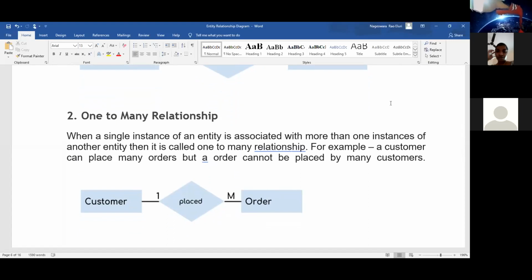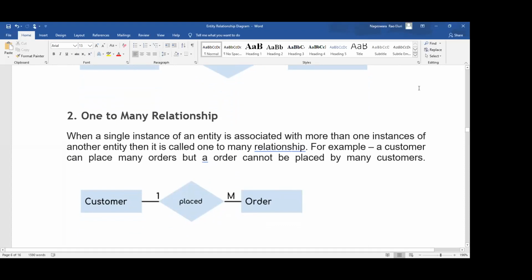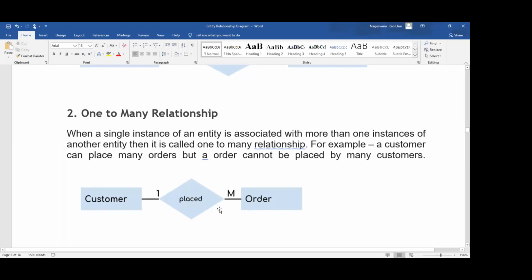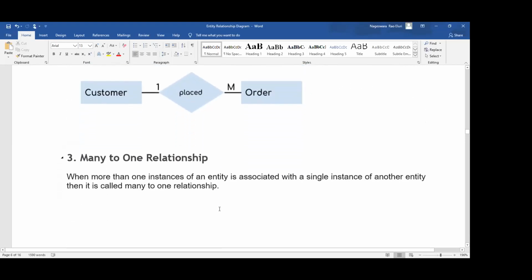Here the customer is one instance of this entity and many orders are many instances of the other entity, so it is a one to many relationship.